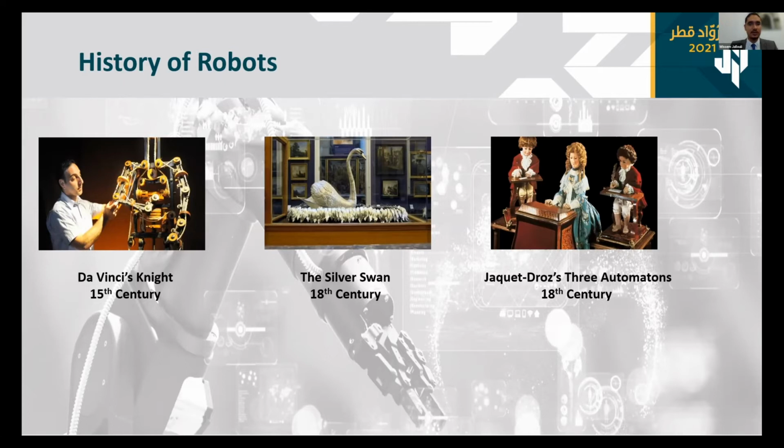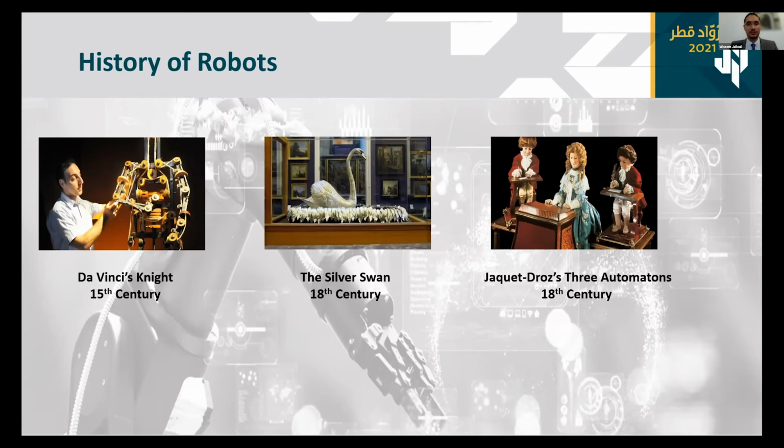The next one is the Silver Swan. The good part of the Silver Swan is that it's still functional. From the 18th century, it is an avian automaton originally constructed by the showman James Cox and watchmaker John Joseph Merlin in 1773. The Silver Swan mimics the flying, and it can make sounds like a singing swan.